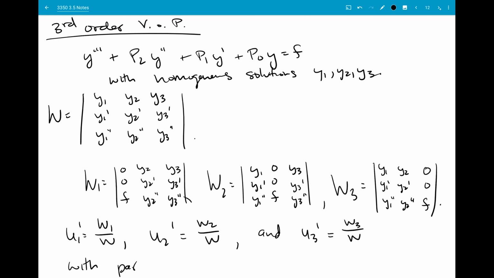With particular solution y sub p equal to u1 y1 plus u2 y2 plus u3 y3. And the general solution being c1 y1 plus c2 y2 plus c3 y3 plus all of that. Following the same pattern as usual, it's just a lot longer because we have that third order problem. So I'm going to stop here. Next up is